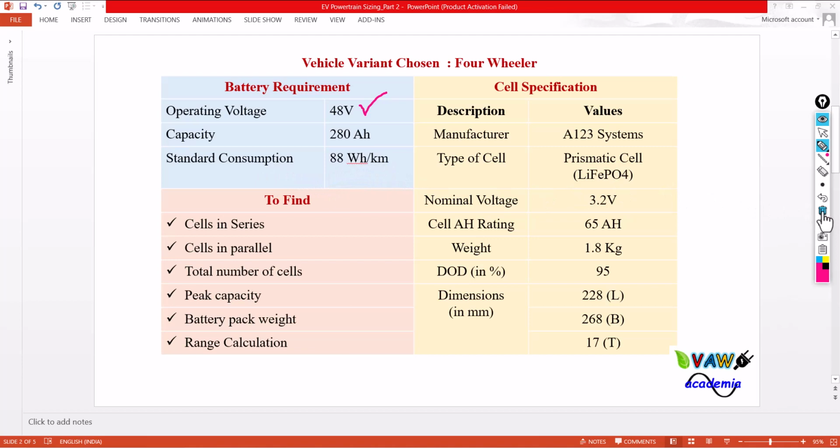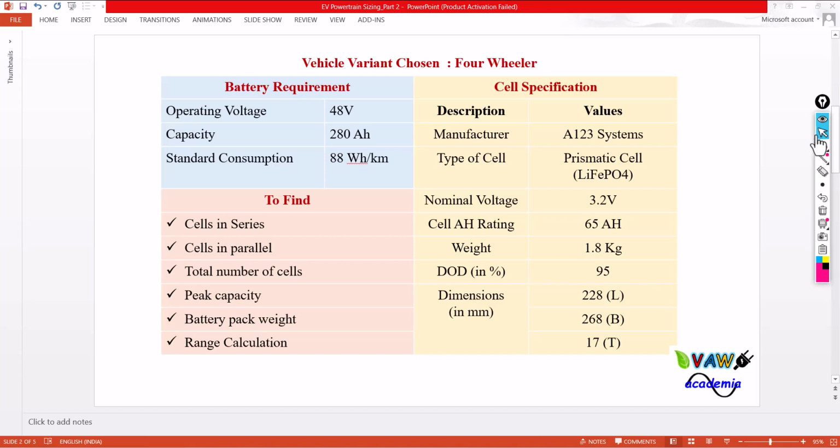If it is a conventional vehicle, we normally say the standard consumption is, for example, 88... kilometer. No, we never reach 88 kilometer. I can say 25 kilometer per liter of fuel. It may be a diesel engine or petrol engine, for example. That is nothing but the standard consumption. In the case of a battery powered electric vehicle, we normally say that the standard consumption is 88